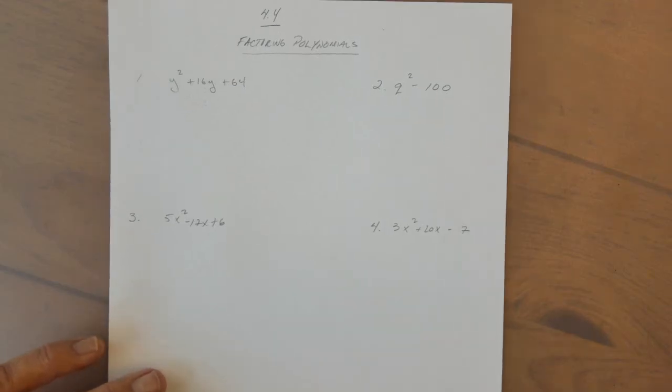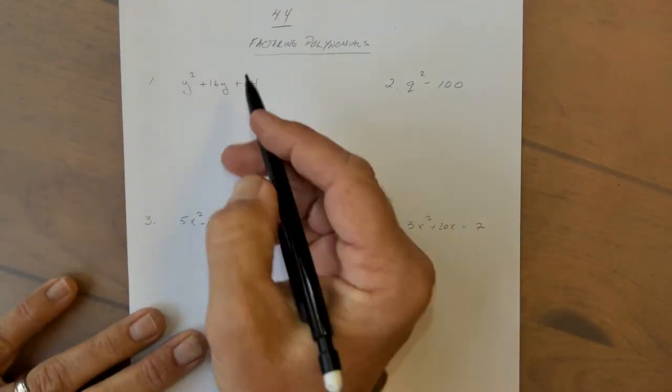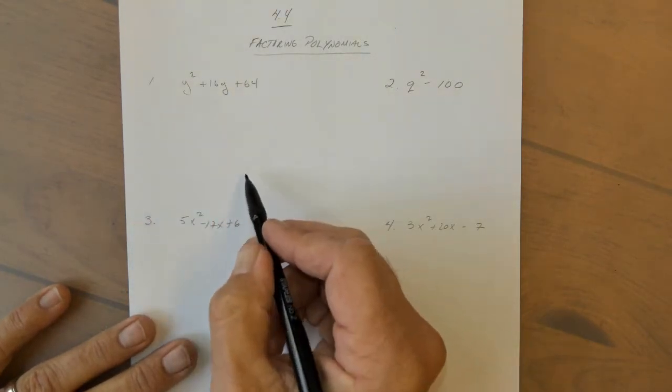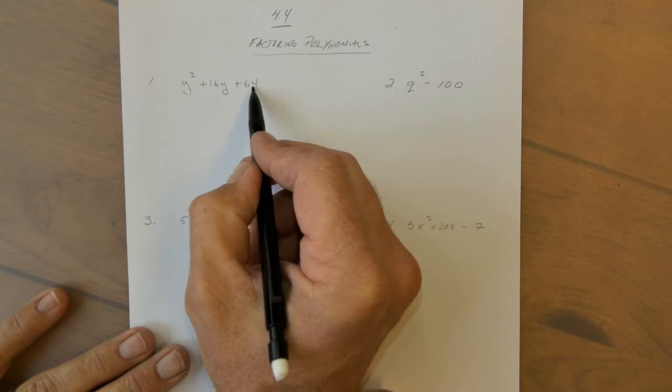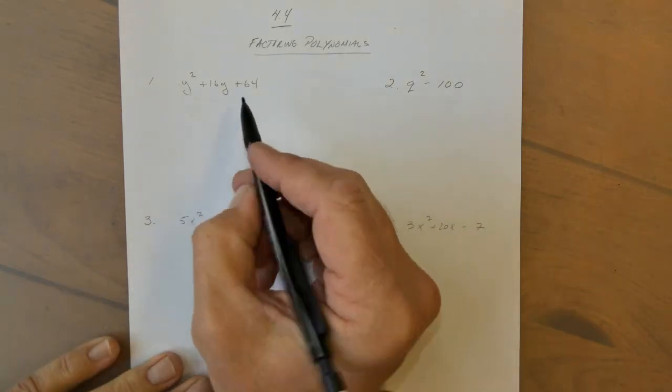Okay, today we're going to look at some problems from section 4.4 in our text that involve factoring polynomials. So here, our first one, we have a leading coefficient of 1, which makes this one a little bit simpler. So two numbers that multiply to 64 and add up to 16, and that's 8 and 8,